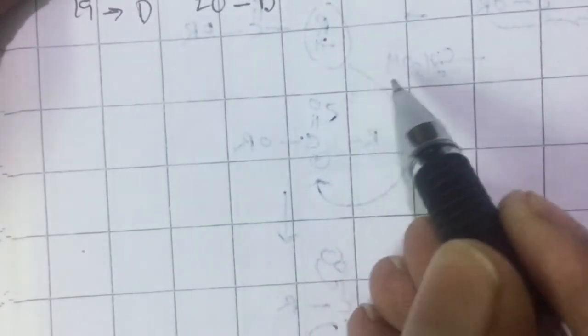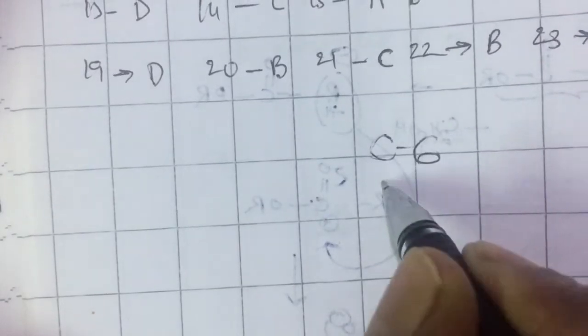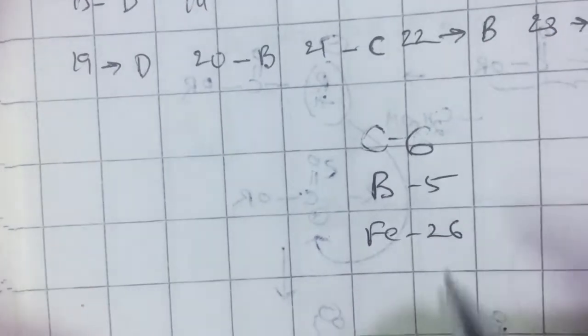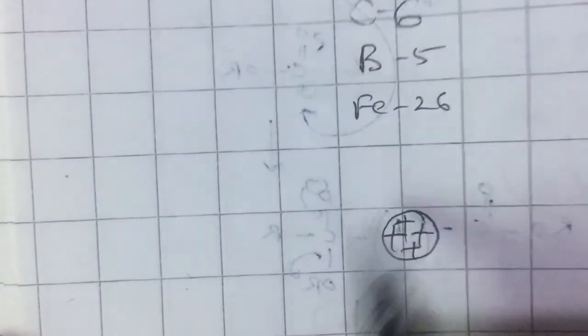A brief lecture. I am not going into finer details, but at the end of this lecture in 10 minutes, you will be able to write the way electrons are arranged in atoms. To write the electronic configuration, we need to know the atomic number of an element. Say carbon, atomic number is 6. Boron, atomic number is 5. Iron, atomic number is 26. All these atomic numbers indicate how many positively charged particles are there in the center of an atom called the nucleus.